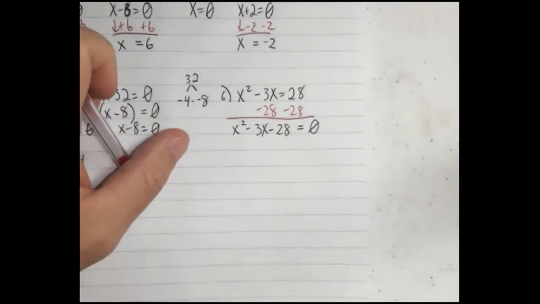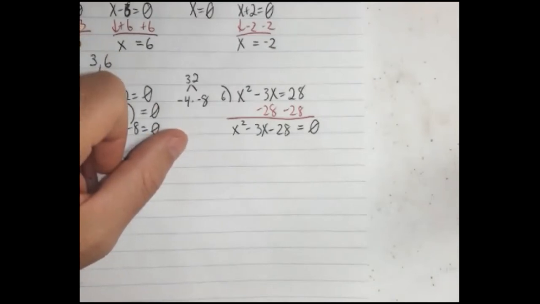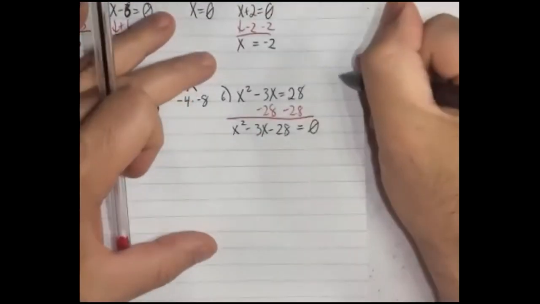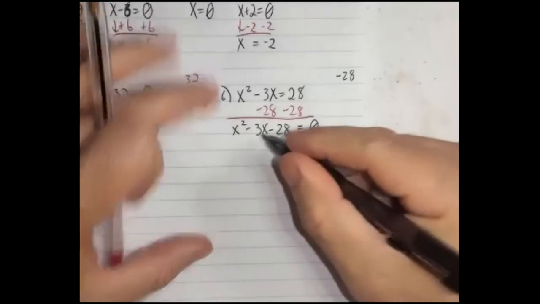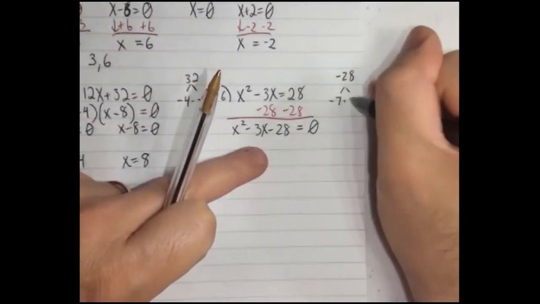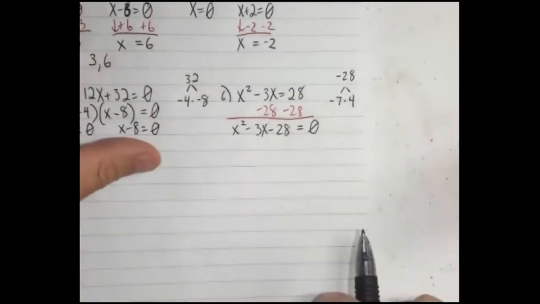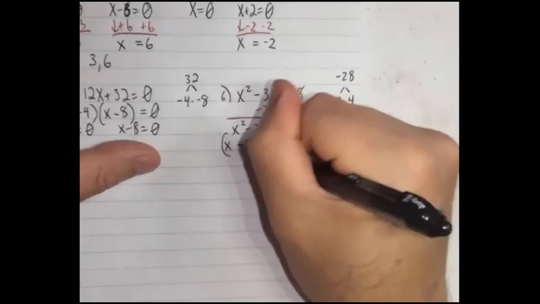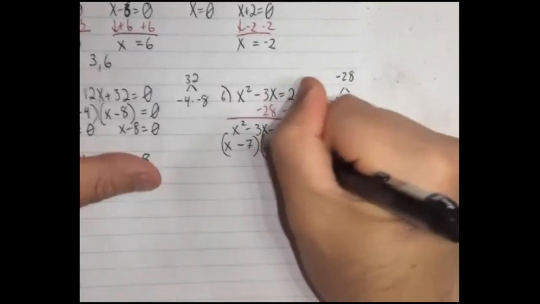Okay, so that would be your first step, is to make sure you have 0. And again, these are not like terms, that's why they don't add in to give me one thing there. That's a negative 3x, that's a negative 28. And then again, I don't have an a, so I'm just thinking of the factors of negative 28. That will give me negative 3, and it's negative 7 times 4. So we know, again, this is x minus 7, x plus 4